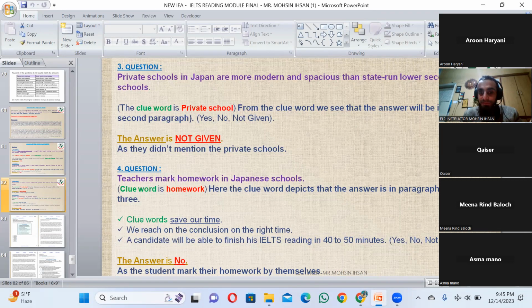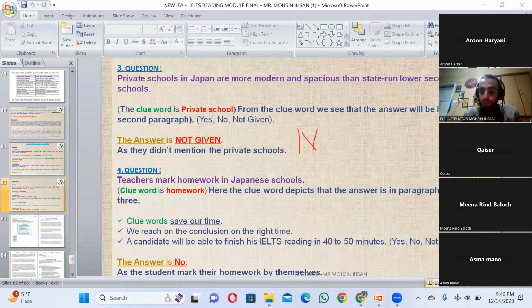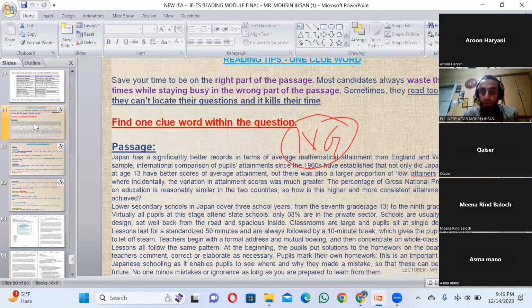फॉल्स तब होता है जब इंफॉर्मेशन गलत हो। मैंने आपको परसों एक बात बताई थी yesterday के लेक्चर में, that when answer seems possible to you that private school can also be modern, spacious, that moment the answer would be not given because that only seems possible, but it is not given. It might be, it might not be. Possible means 50-50. So it is actually not mentioned how the private sectors are, right? Private sector की बात नहीं हुई यहाँ पे।